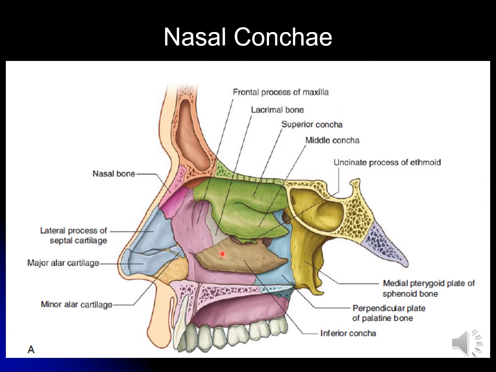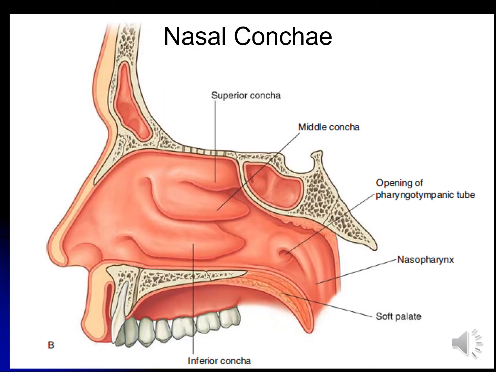What I have talked about before is the same, that these bones are completely covered by the mucous membrane, and if we see here in the sphenoidal air sinus there is an opening over here, and also we can see some openings over here which we are going to discuss as meatus or recesses. So when we cover all this structure with mucous membrane, they will appear like what we have seen in the previous one.